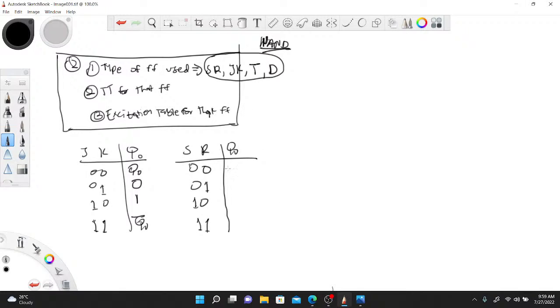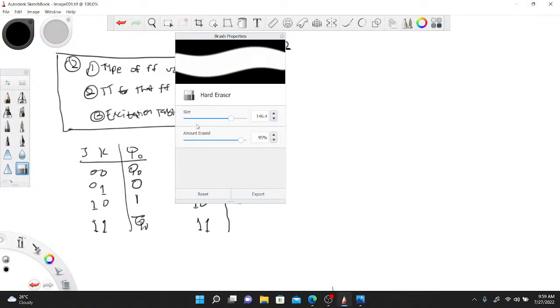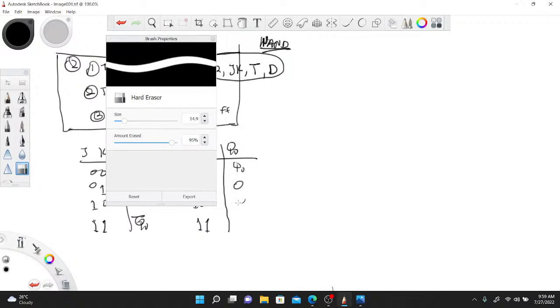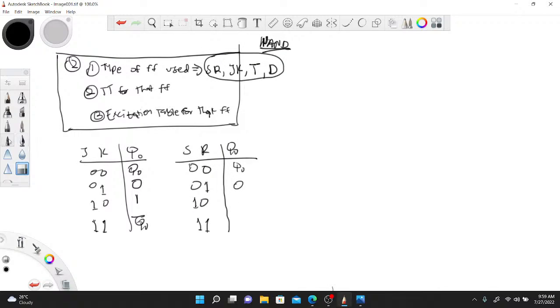So now for the SR, you have the same one being modeled over here. Now this one too follows the S, if I remember correctly, right? We hope I remember correctly. So 0, then there's 1, and this one is invalid. Right? It doesn't count. Now for your D flip-flop 0 1, as I said, this one is the simplest,